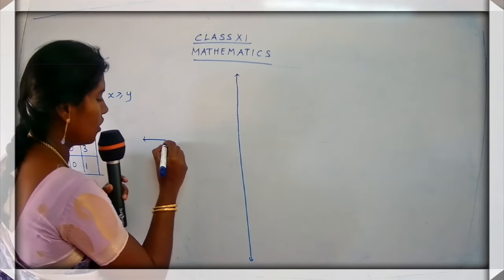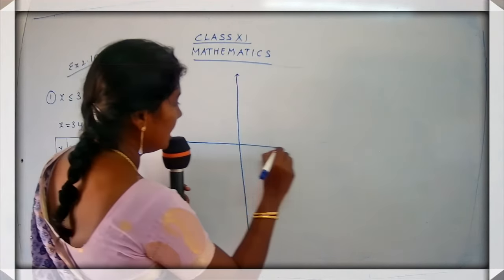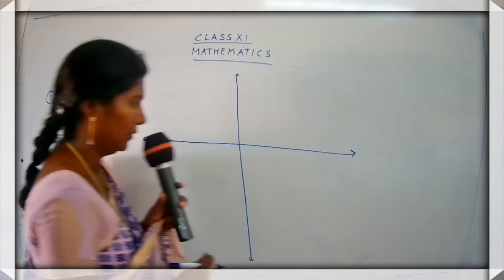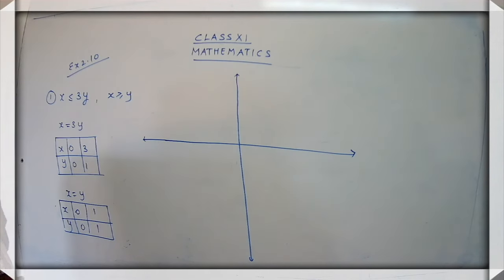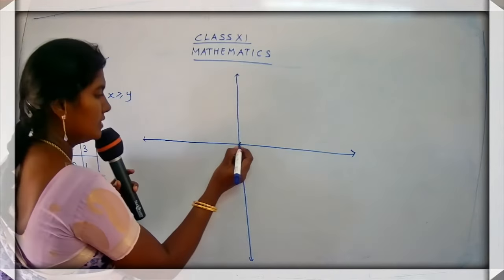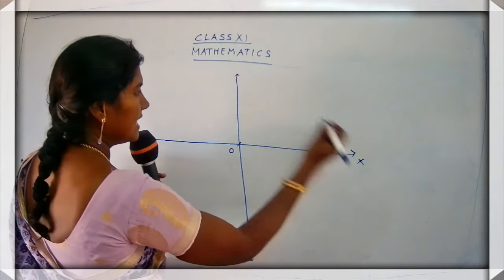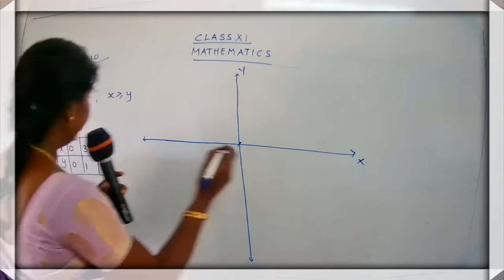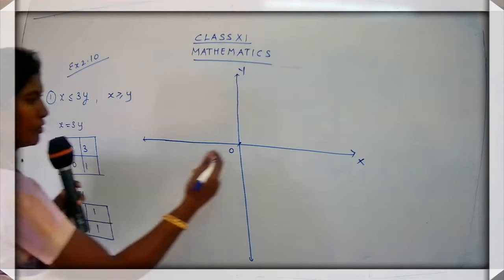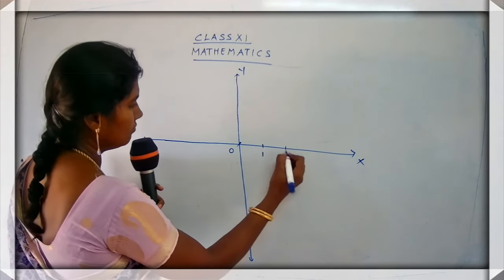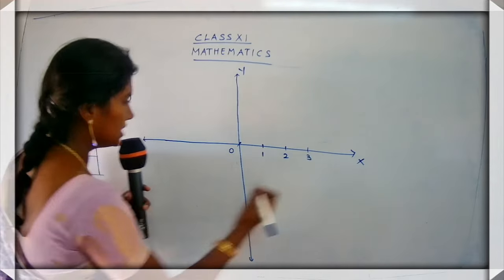You have to use a long scale. I have told you, use a long scale whenever you use graph paper. Okay? So write down the numbers, origin. This is the x-axis, this is the y-axis. Here we have numbers till 3 only, so I am not going to take more numbers. I'll just put the numbers till 3, it's enough.